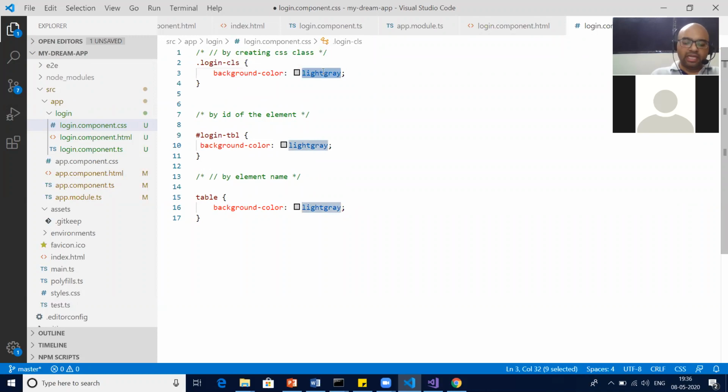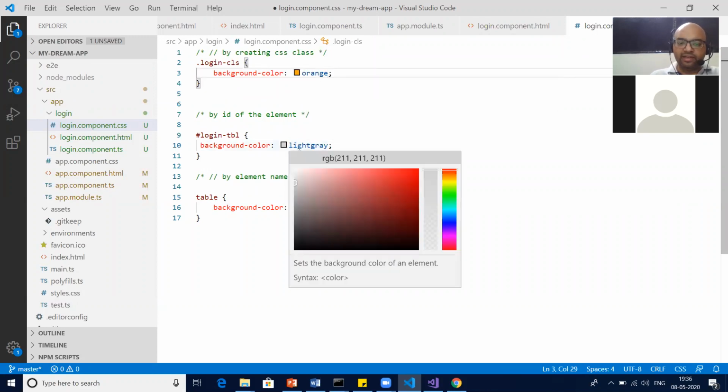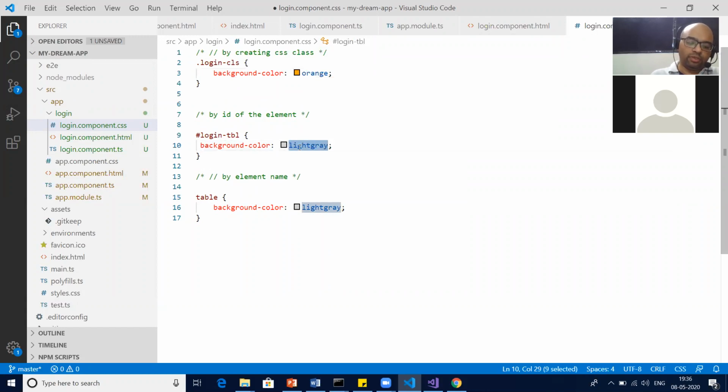So at class level, let's say I put orange, and at ID level, let's say I put yellow, right? And at element level I put light gray. Getting my point, guys?